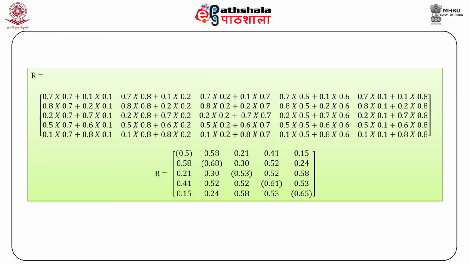R is equal to the matrix 0.7 into 0.7 plus 0.1 into 0.1, 0.8 into 0.7 plus 0.2 into 0.1, 0.2 into 0.7 plus 0.7 into 0.1, 0.5 into 0.7 plus 0.6 into 0.1, 0.1 into 0.7 plus 0.8 into 0.1, 0.7 into 0.8 plus 0.1 into 0.2, 0.8 into 0.8 plus 0.2 into 0.2, 0.2 into 0.8 plus 0.7 into 0.2, 0.5 into 0.8 plus 0.6 into 0.2, 0.1 into 0.8 plus 0.8 into 0.2,